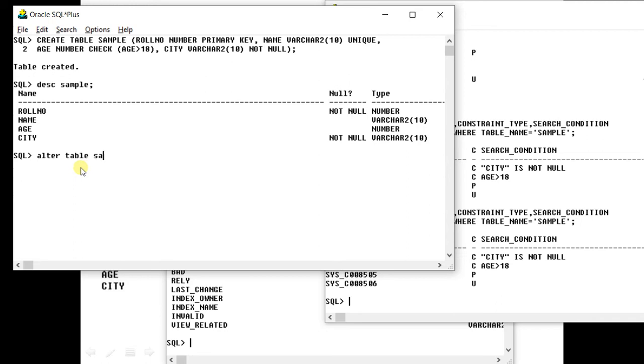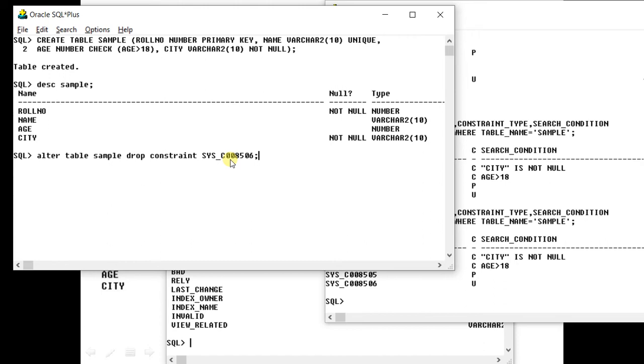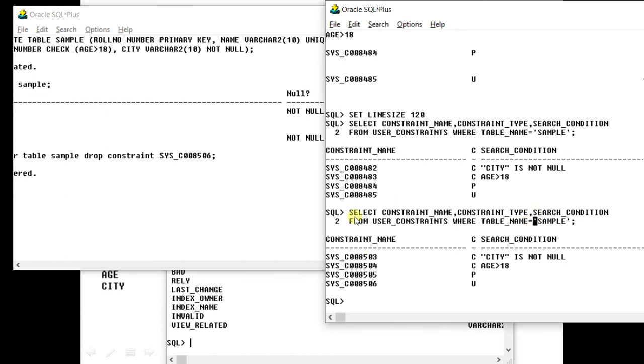Alter table, which table? Sample. Drop constraint and the name of the constraint. The name of the constraint is this, so without quotes, you will type this here. Table altered. Now you can see the unique constraint has been removed from this table. This is how you can manage your constraints.